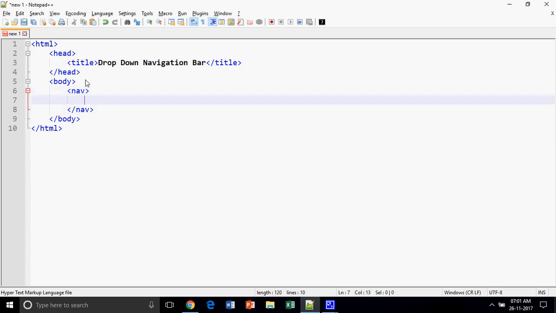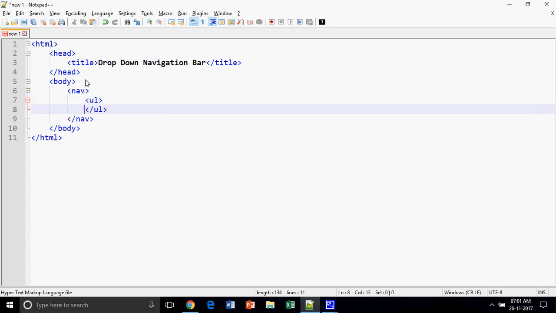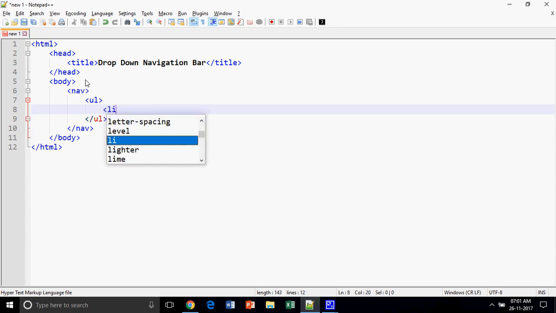In my navigation bar, in order to create the drop-down navigation bar, we have to create an unordered list with the nesting nature. So how can we create the unordered list? We know that we can create our unordered list, the bulleted list, with the help of the UL tag. So within the UL tag, in order to create the items, we have to use the li tag. Li means list item. So within this list item, we will create the links, href hash,